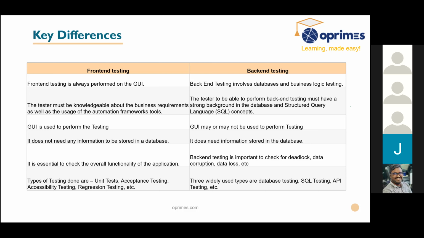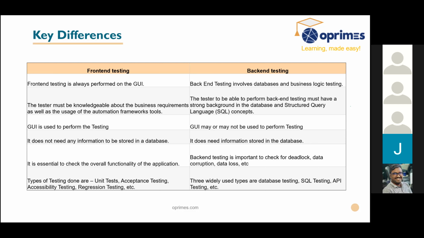Whereas in the backend testing, what we will be concentrating on is whether there is any data corruption, data loss, or security issues. Deadlock means if you are trying to make two different payments at the same time for the same product. Another deadlock would be if there are two requests to the bank server, one from your e-commerce website and one from your media subscription at the same time, and you have 10 rupees balance, and before you are paying you have 5 rupees balance, like there is a deadlock, right? So those kinds of synchronization missing, all those things will be validated in the backend.